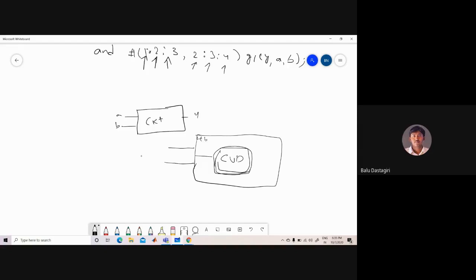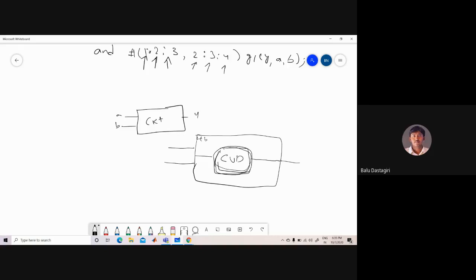After giving the inputs to this circuit under design, our circuit under test, the output of this has to be given again to the test bench, and at the test bench we are able to see the output. Okay. So therefore, the test bench here is the top level module. The test bench here becomes the top level module.